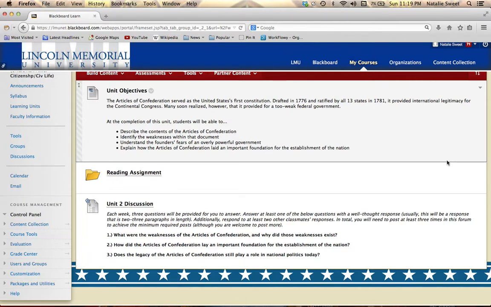If you do, I challenge you with the following task. Try to find an article somewhere online that you think ties in to the fears that you see that were embedded into the Articles of Confederation, or one of the beliefs that's in the Articles of Confederation. Where do you see that playing in national politics? If you could, pull that article in, make certain you cite the material, and maybe it'll provide a discussion point for us within the class.